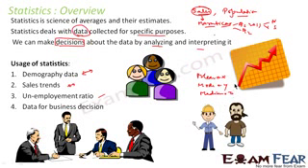These values are something which we derive by analyzing and interpreting a huge chunk of data. Businessmen don't have time to analyze and interpret the whole data. They'll just take these values, mean, median, mode, and make a decision. For making business decisions, we need statistics, because statistics converts a huge chunk of raw data into